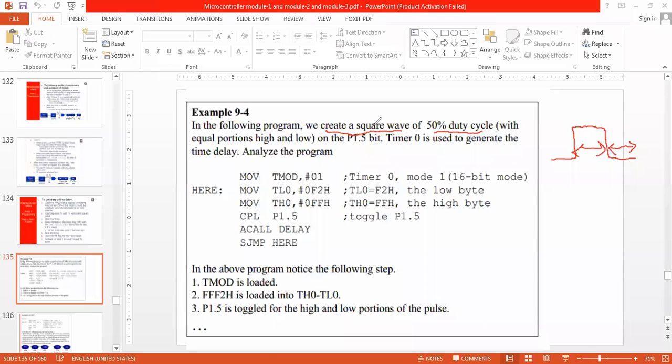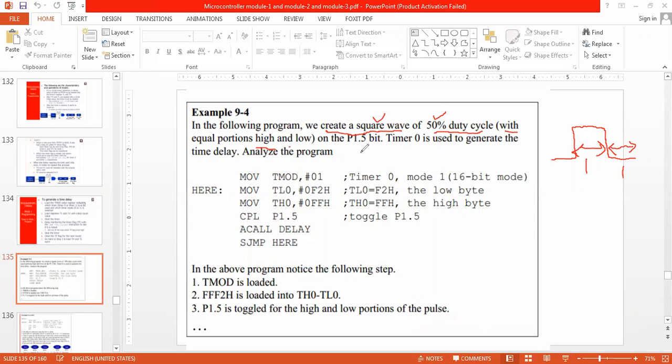That is why it is a square wave. The duty cycle is going to be 50%. Say this is going to be 1 second, this is going to be 1 second. Both T on and T off are equal, with equal portions of high and low. So that is why it is a square wave.